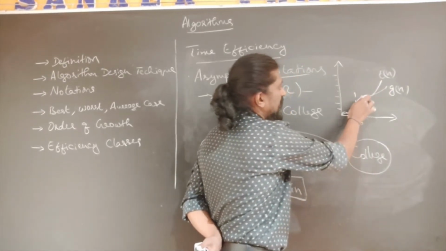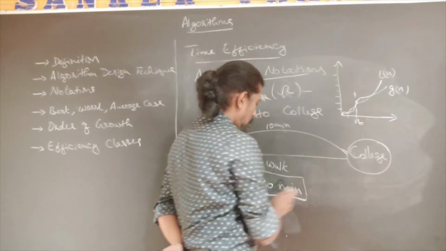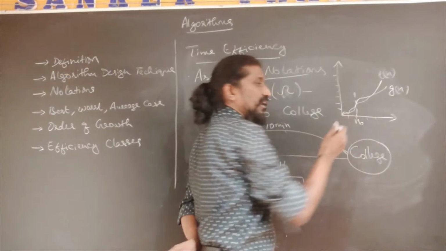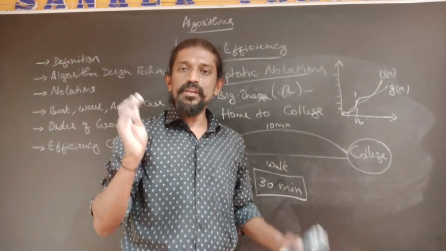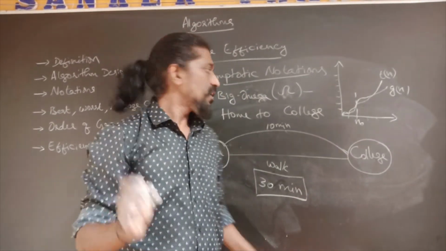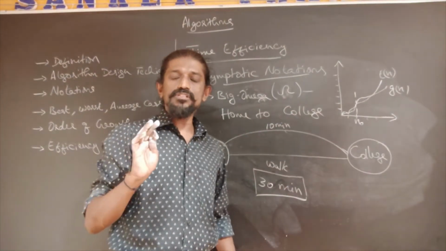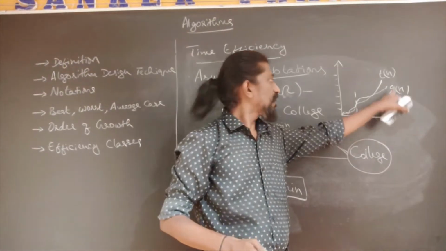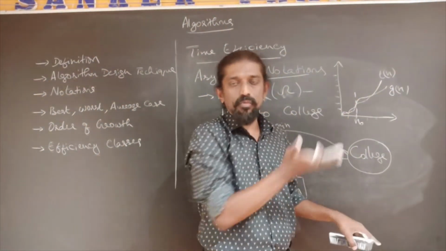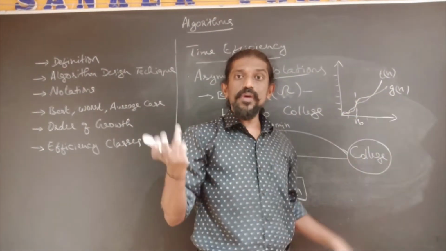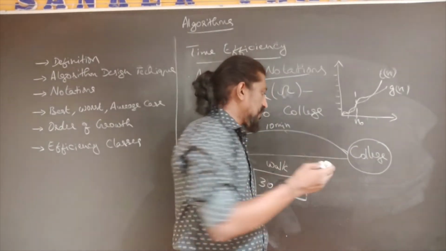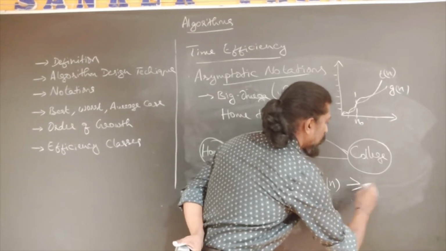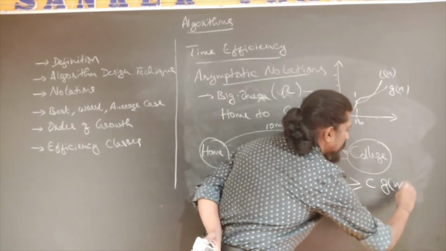Okay, so here we are telling the minimum amount of time that is required is this much, 30 minutes, and you can never reach the college in less than 30 minutes. That is the minimum amount of time, lower bound. So that is why big omega notation tells a function t of n is said to belong to g of n if t of n is bounded from below by g of n for large values of n. That is, if t of n is greater than or equal to c into g of n.